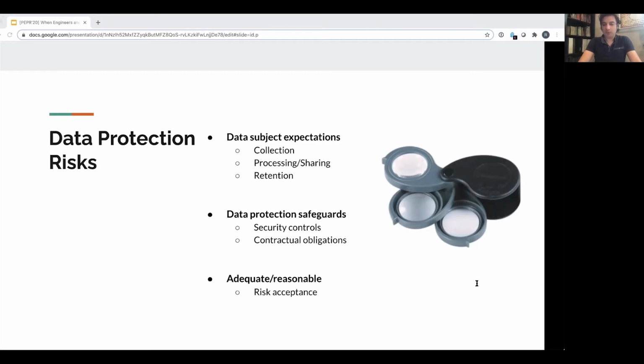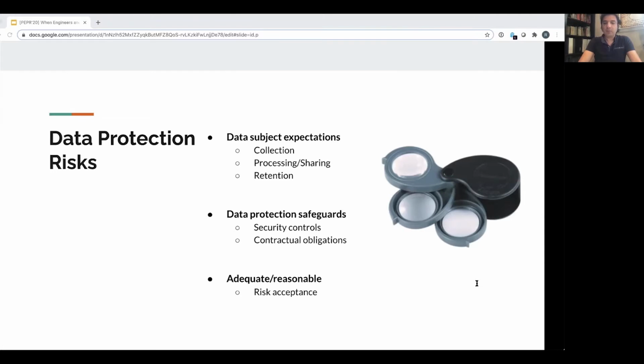So what does it mean to honor data subject expectation? It means getting clarity on the risks that are introduced throughout the data lifecycle. For example, if you use customer data for other than business purpose, you are liable. Once you have the clarity of purpose, you must implement controls to allow data to be used for that purpose. This includes not just technical security, but also contractual obligations, both upstream and downstream. So if your vendor or partner misuses your customer data, it's a breach that you are liable for.